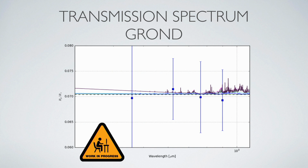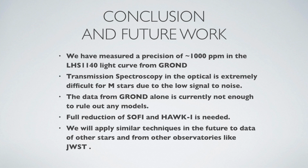So, this is my conclusion. I expect to get a better result with Hawkeye, and all this work is also aiming to have a good process for a new observatory like WST. So, well,